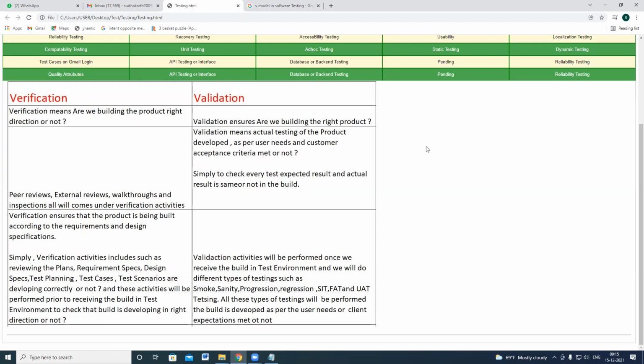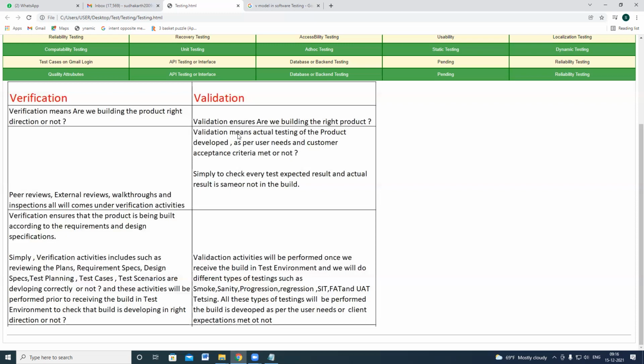And validation means, are we building the right product? Validation means the actual testing of the product developed as per the user needs, and whether customer acceptance criteria are met or not. In every test case, we are checking whether the expected result and actual result match or not. So the actual testing that we perform once we receive the build: smoke testing, sanity testing, regression testing, progression testing.